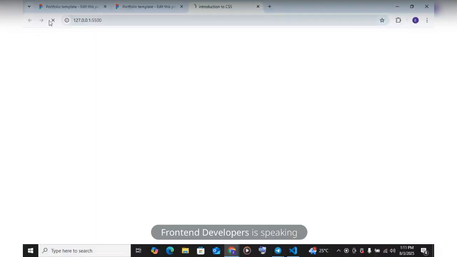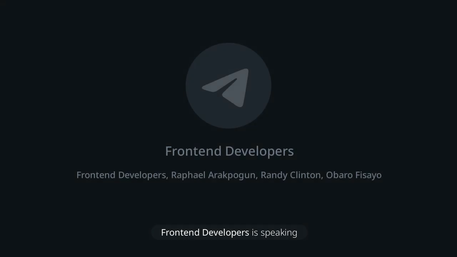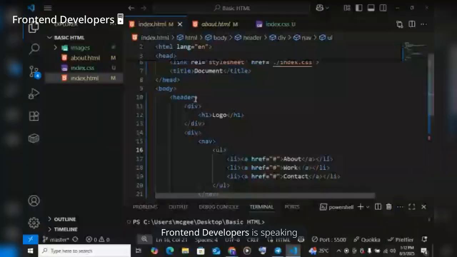Now this is how it is looking. You have the logo, you have about, you have work, and you have contact. But this is not the same thing as what we have here. Now, how can we make it this way? The only way we can make it this way is first, since the header is the parent